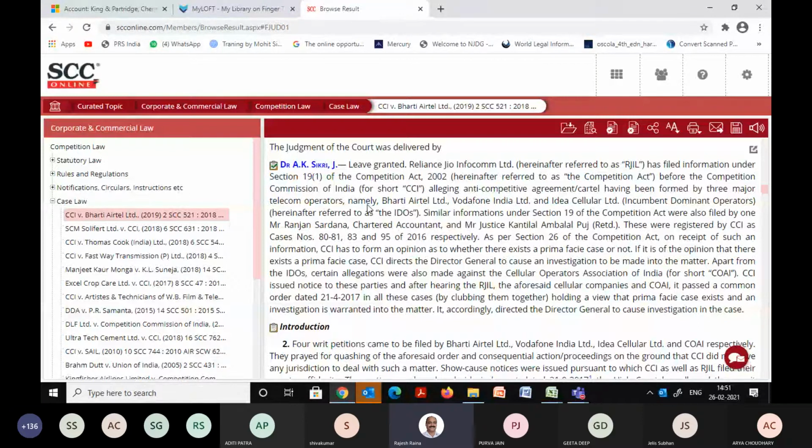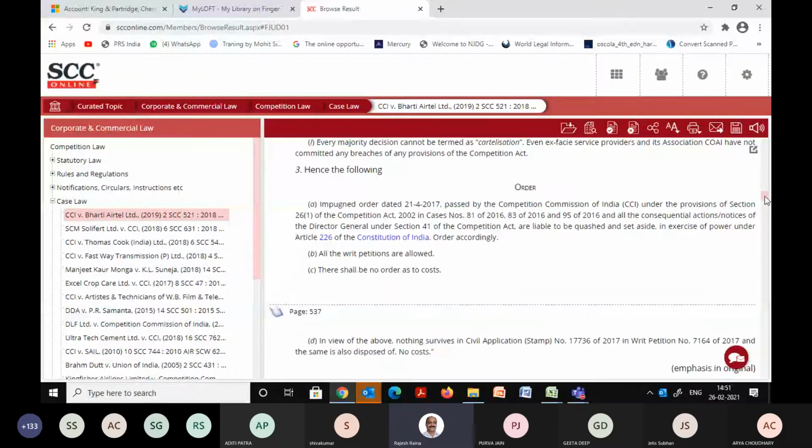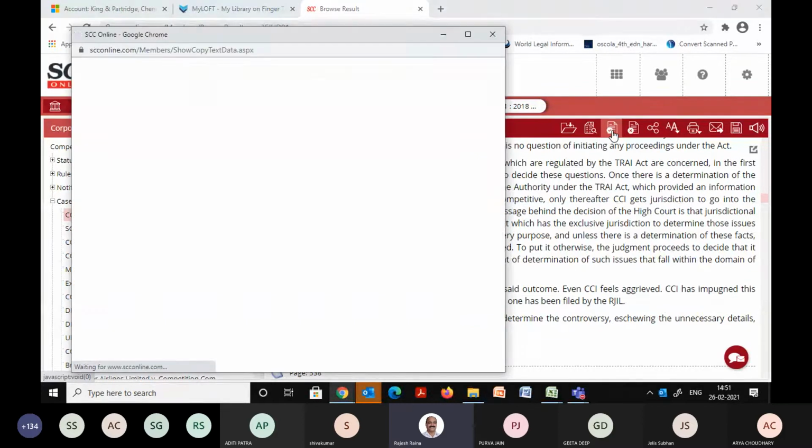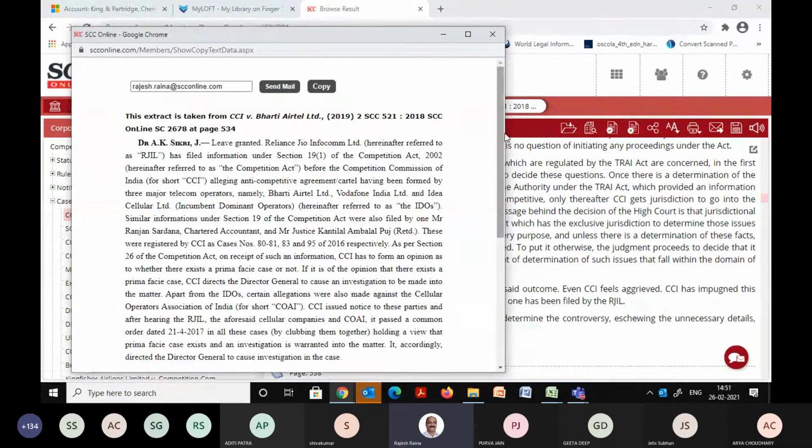The next option is when I have more than one para to copy. In that case, you will simply single click on that notepad, which is adjacent to the para number. It will appear as a green tick. And similarly, you can select multiple paras up to a maximum of 10 at one go. So once you have selected all the paras that you want to copy, then you will go to this icon known as Smart Copy. The Smart Copy icon is there. When you click on that, a single click will now open a new window with all the extracts.